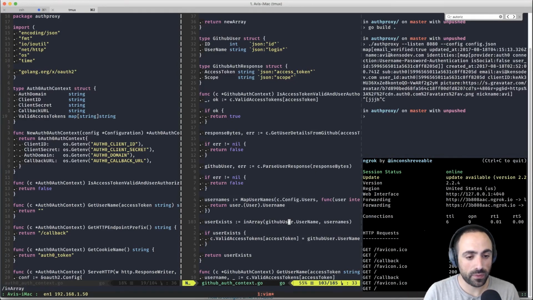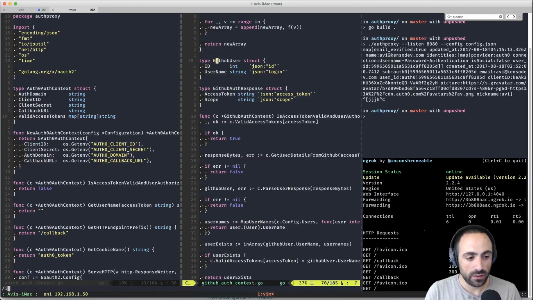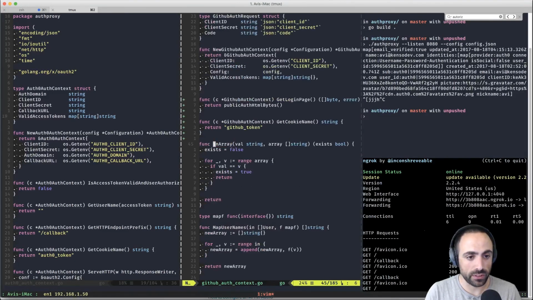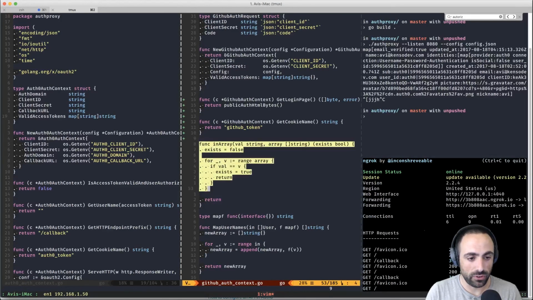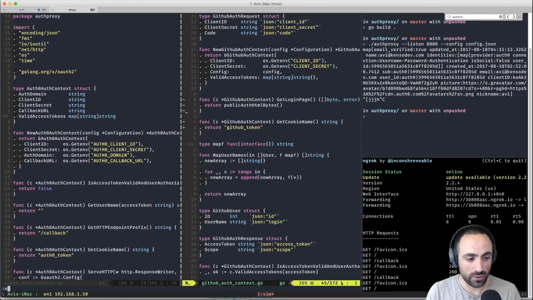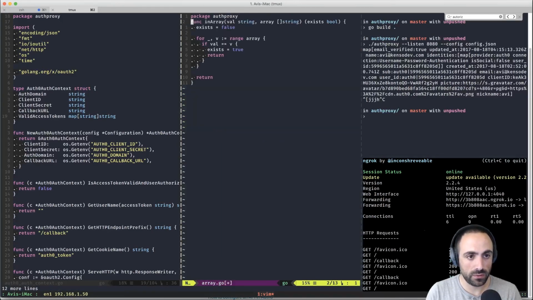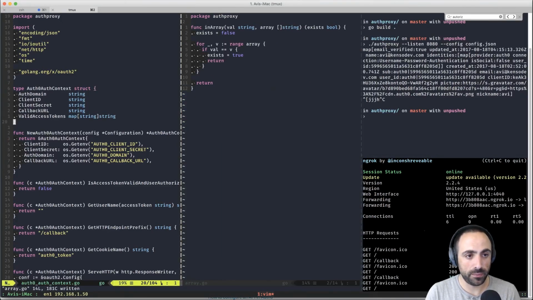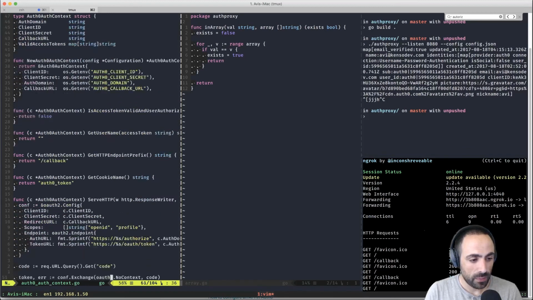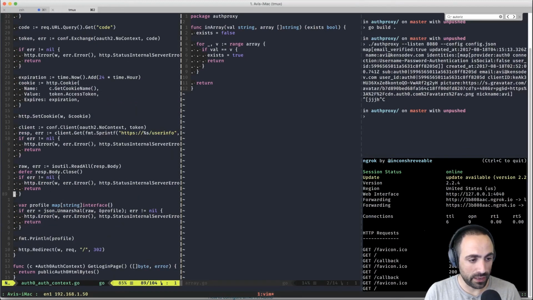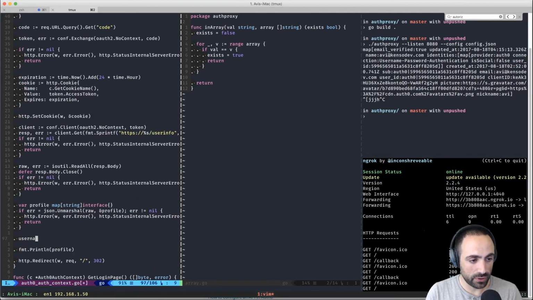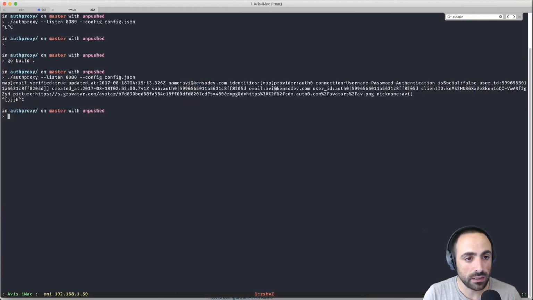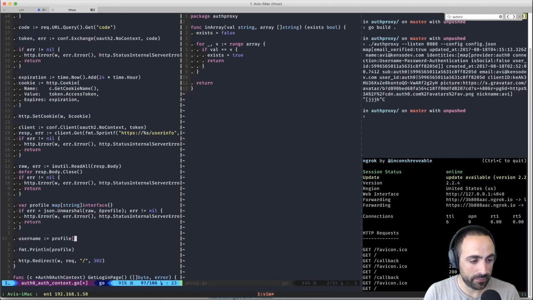Okay. So here, in array, where is in array? In array is here. So let's do this. This is array.go, and this should be here. Great. And then profile. So username is profile and email.